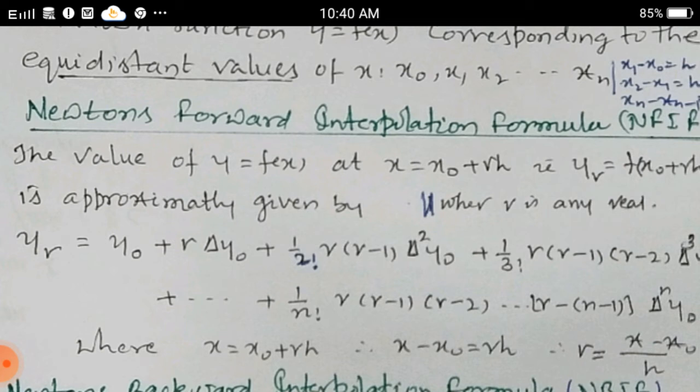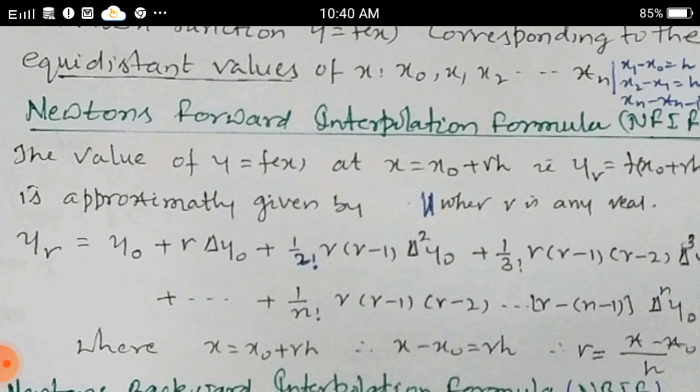We divide the table into two equal parts. The first part is nearer to x naught, and the second part is the right side, the second half of the table. The value of y is equal to f of x at x equal to x naught plus rh,